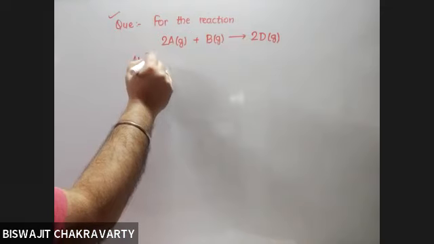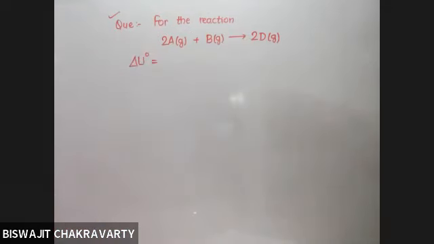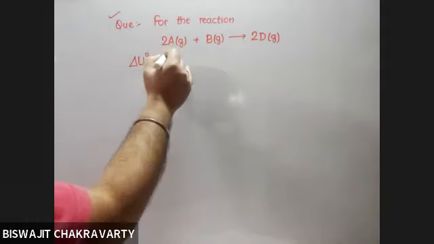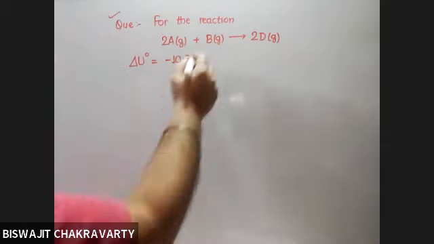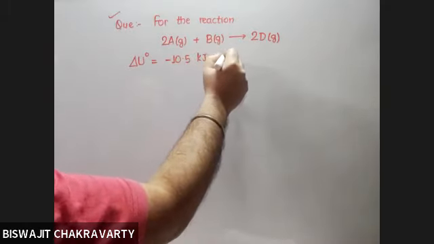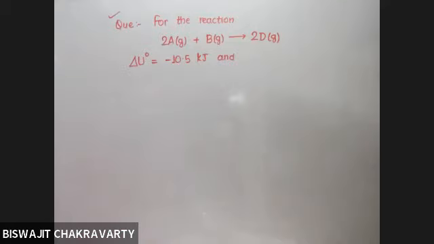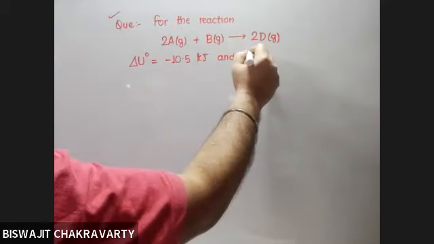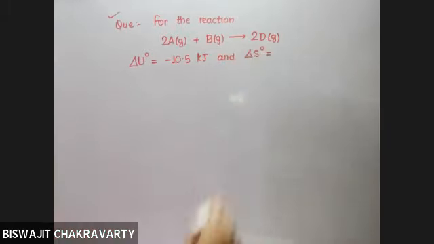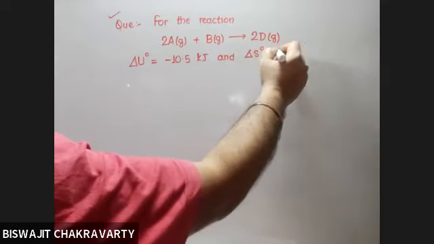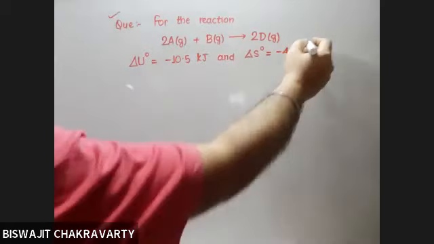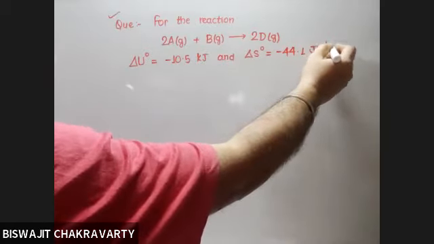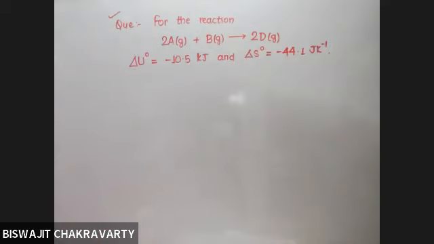Delta U degree, means standard internal energy change, is minus 10.5 kilojoules. And delta S degree is minus 44.1 joules per Kelvin. Calculate